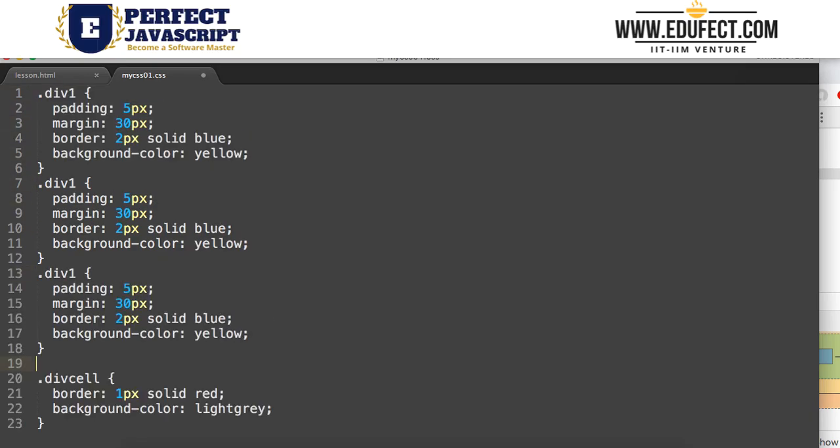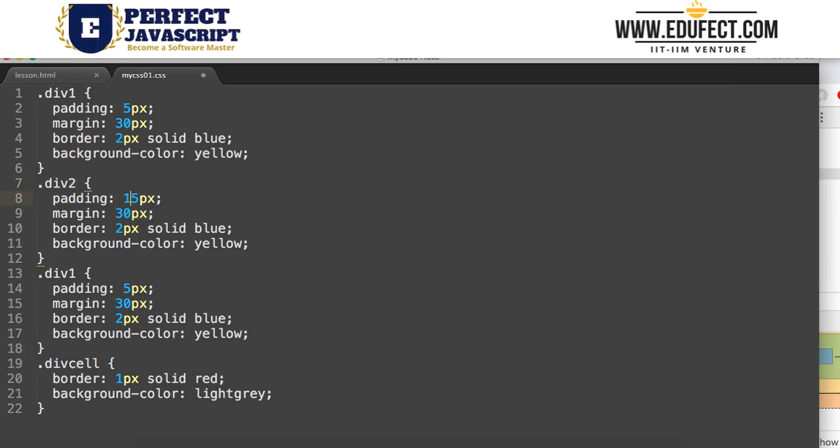So let me create div2. What does div2 have? Let's say div2 has padding of 15 pixels, margin of, say, 10 pixels, and border of 5 pixels. And let's say div3 has padding of 0 pixels, margin of 0 pixels, and border of 10 pixels.